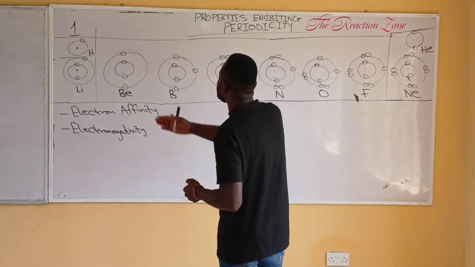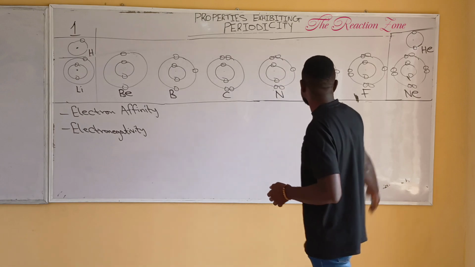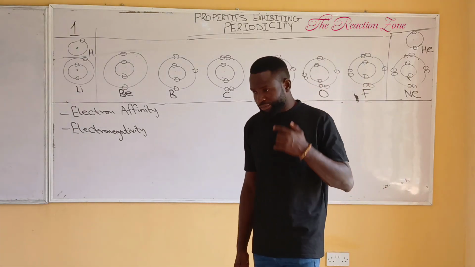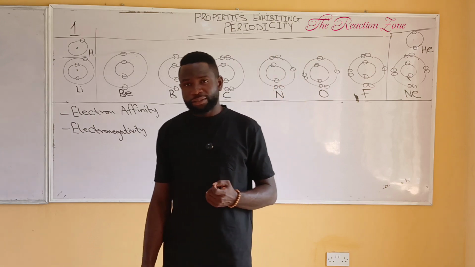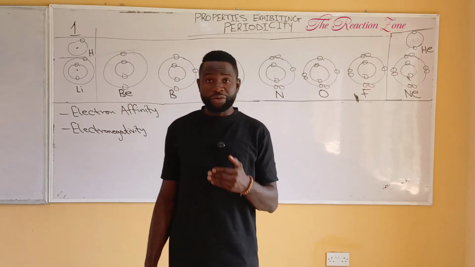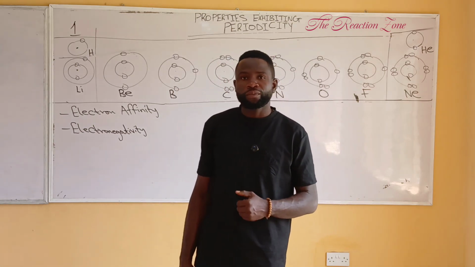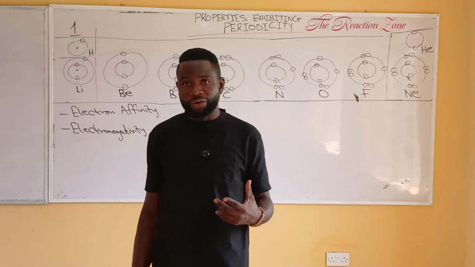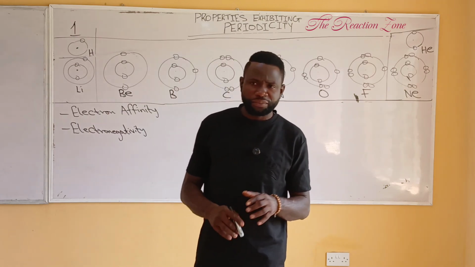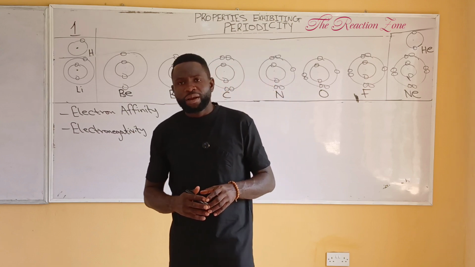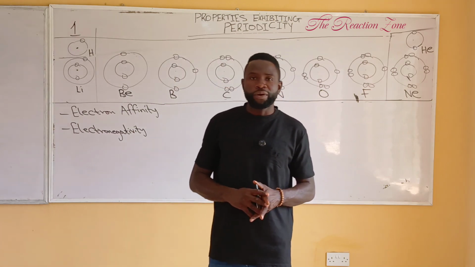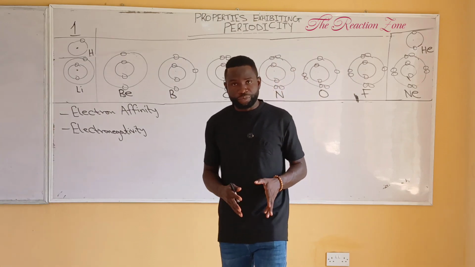Electronegativity increases from left to right across a period, with the exception of the noble gases. This is because atomic size or atomic radius decreases across a period, and nuclear charge increases across a period. As a result, electrons are strongly attracted. However, moving down the group,